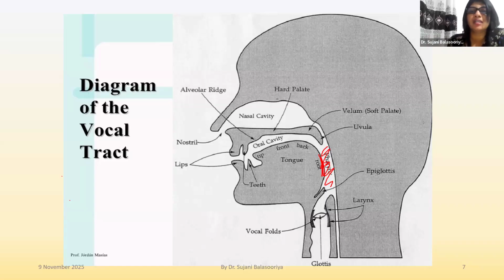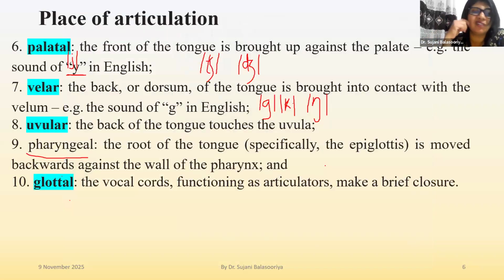But the thing is, we do not use pharyngeal consonants in our languages a lot, right? So the production of pharyngeal consonants is not very familiar to us. But there is a type there, right? Number 10, glottal. Glottal consonants. That is common in any language. Glottal consonants, remember,